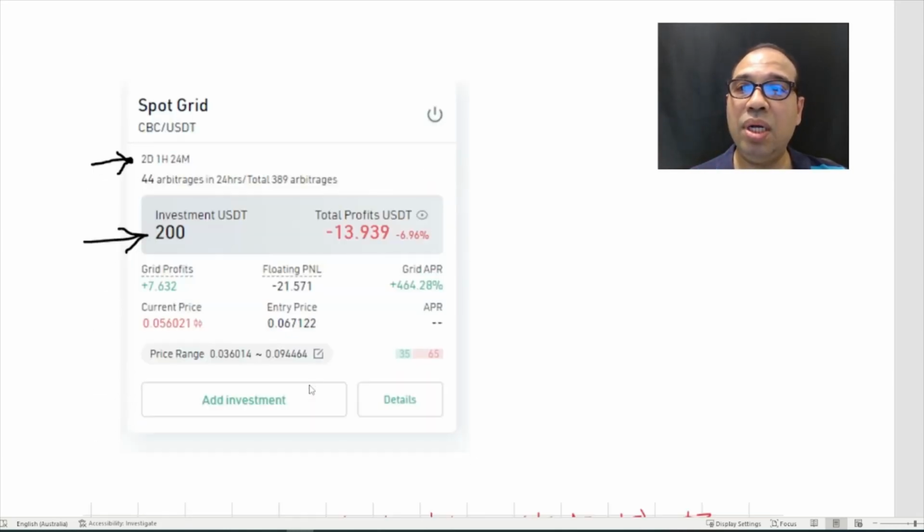The next one, okay, oh, this $200, negative 13. So what it means is now, surprise, it's probably the price fell in this scenario. So it means that from the time you bought, the price fell. So the bot has actually bought a lot of these tokens. It has bought and is waiting for the price to go up. So that's why the negative comes in.